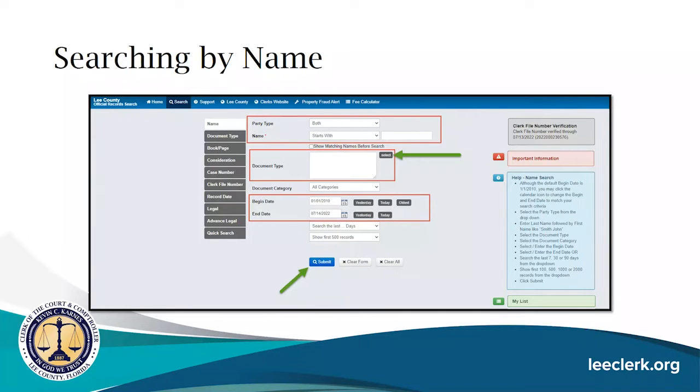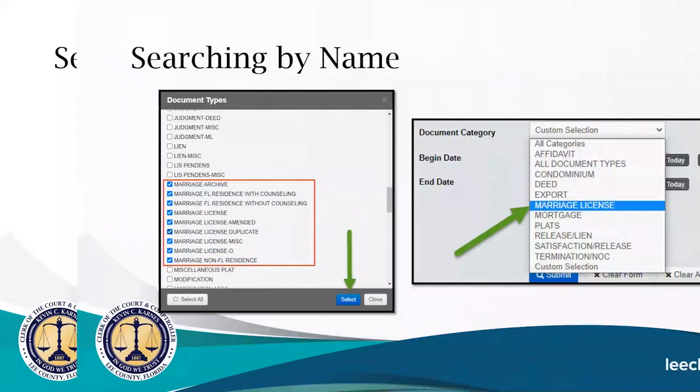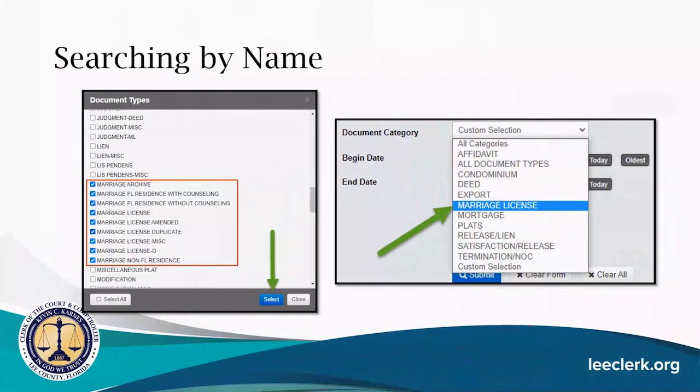The name you can change. It does default to start with, but you can change this to contains or equals. The document type on here, you're going to go ahead and select which kind of document type you're looking for. This will help narrow your search. So if you know you are searching for a marriage license for a certain person, you can click on the document type box, and I'll show you what that looks like on the next slide, and actually choose the document type of marriage license. The document category, again, does default to all categories, but you can also click on this, and if you know it's the marriage license category that you're looking for, then you can narrow this down to